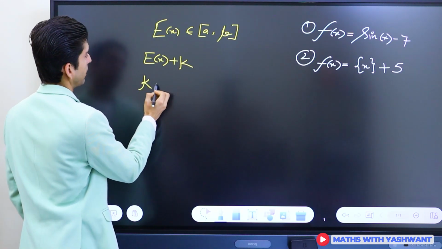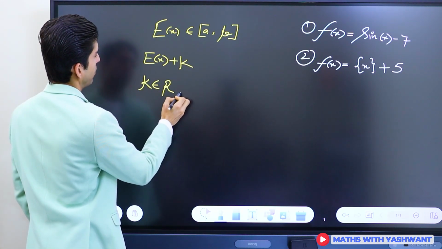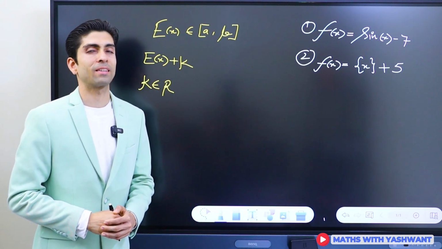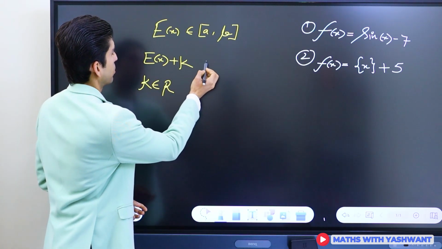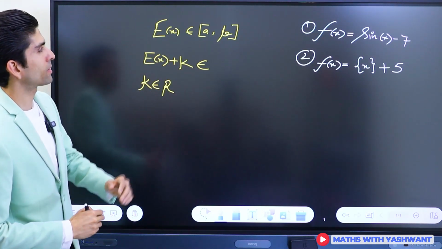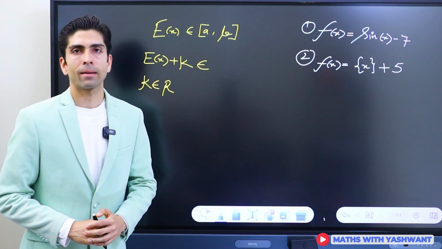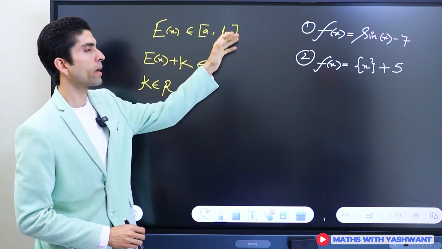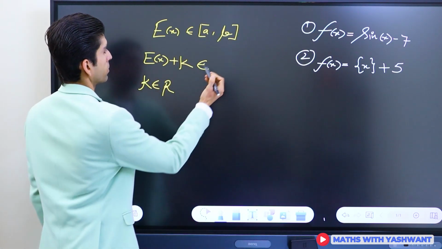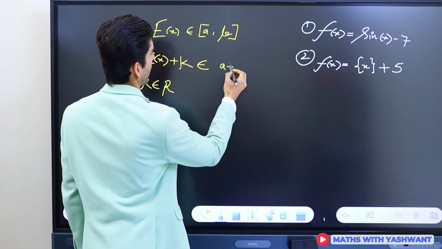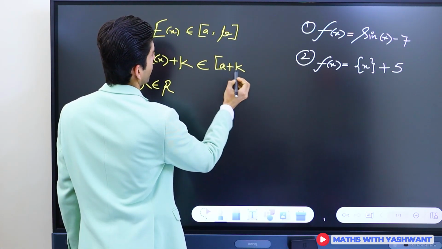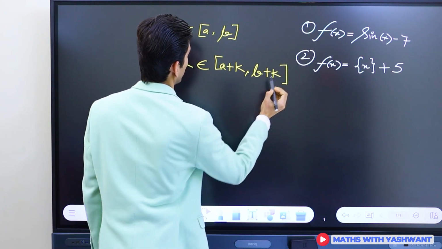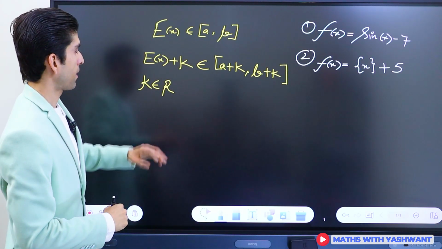where k is any real constant other than 0. It can be positive, it can be negative. Then to get the range of e of x plus k, we simply add the constant k to the left hand boundary point and to the right hand boundary point. So the left hand boundary point is a, so we add k to the left hand boundary point and we add k to the right hand boundary point,